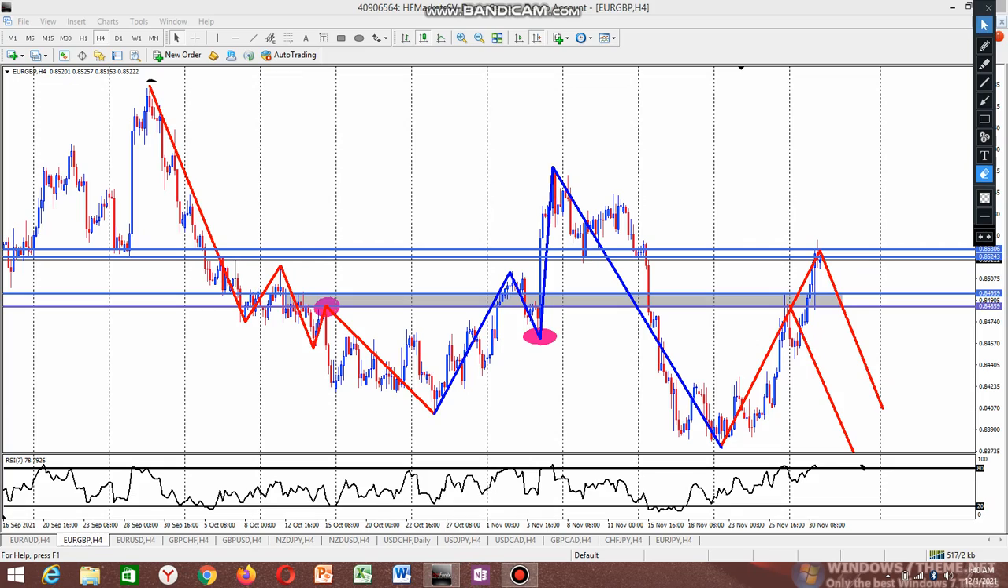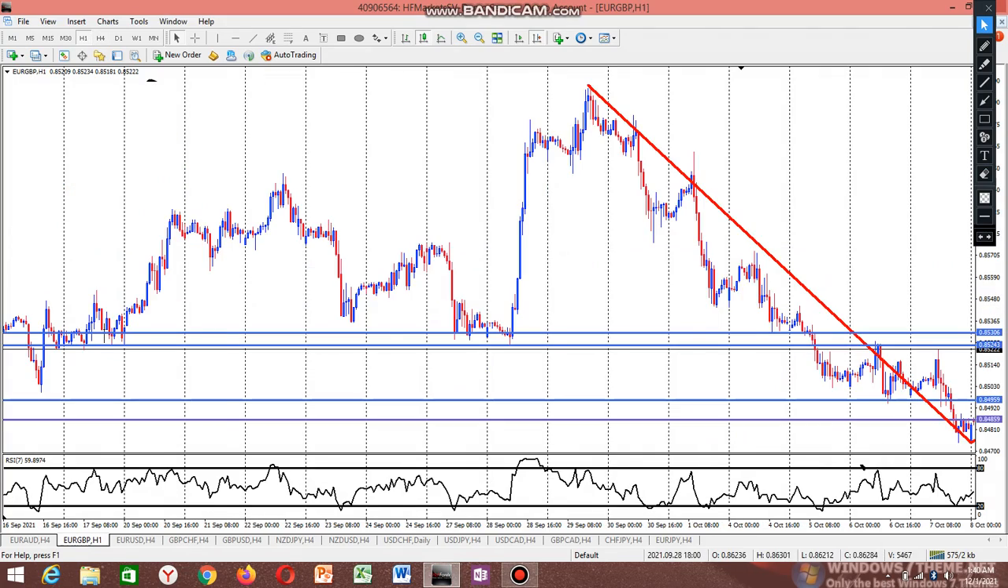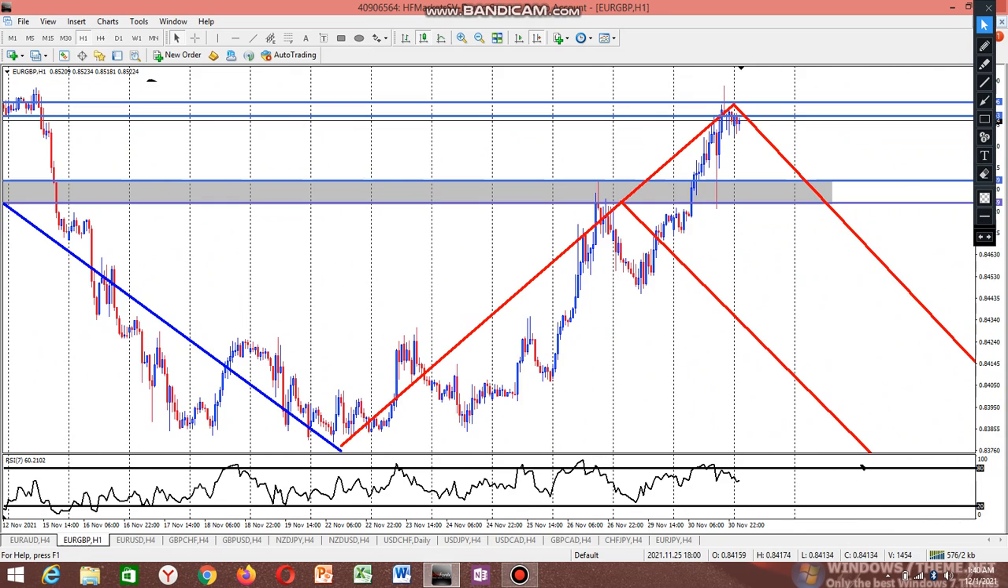So on H1, right here, we meant to enter the market at the close of this candle. The market dropped from there down to here. We had about 25 pips plus. So the market is currently right here now. From what we are seeing right here,